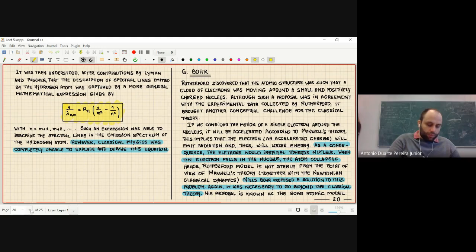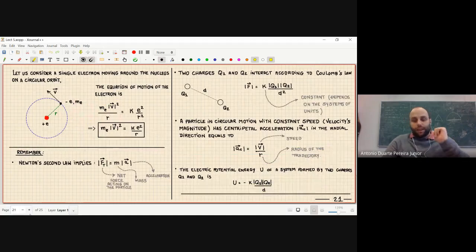So let me move to the next page. And in the next page, you see a model for the hydrogen atom. So I have the nucleus here in red. It's a tiny, tiny region. And this nucleus contains a charge that is the absolute value of the electron charge. And the atom contains just one electron that is moving in a circular motion around this nucleus.